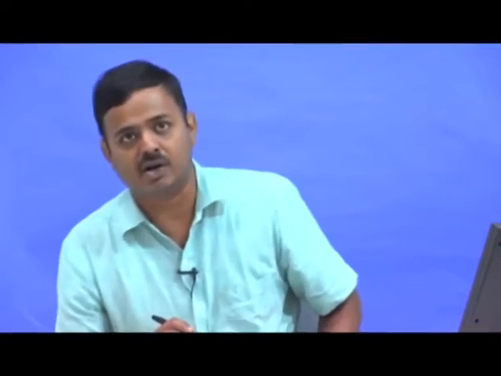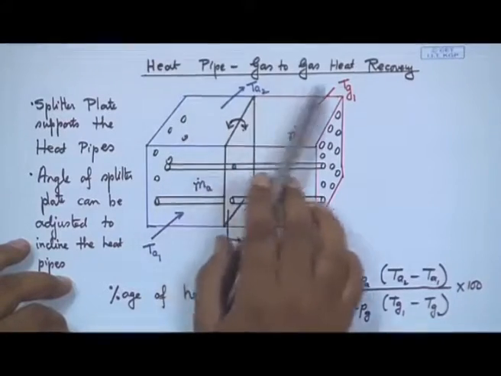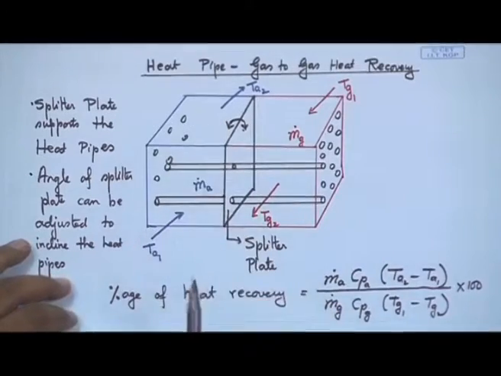Okay, I repeat, the tilting is typically done so that it is condenser above evaporator. Why? We will discuss that later when we do some mathematical analysis of heat pipes. Okay. All right. So, the first application once again is heat pipes in waste heat recovery is gas to gas heat recovery. Okay. Next,